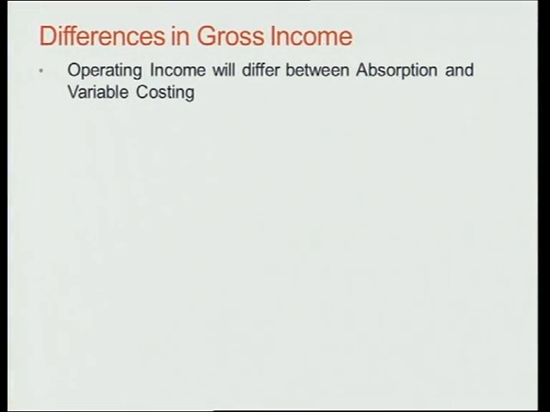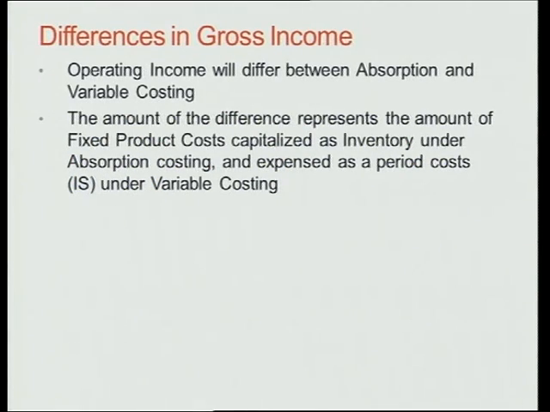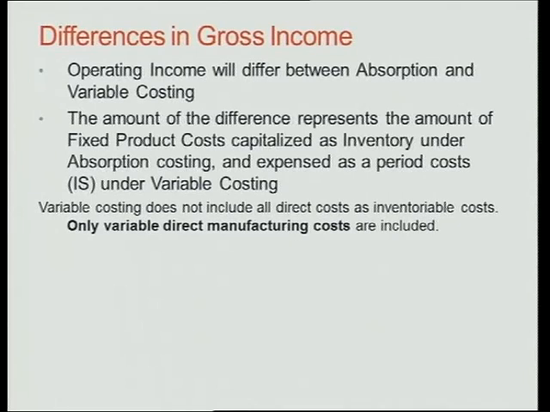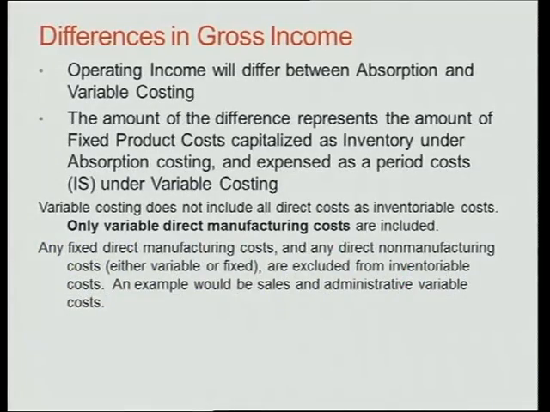What's the difference going to be? Operating income will differ between absorption and variable costing. The amount of the difference represents the amount of fixed product costs capitalized as inventory under absorption costing and expensed as a period cost under variable costing. Variable costing does not include all direct costs as inventoriable costs. Only variable direct manufacturing costs are included. So automatically, that would mean that any marketing or administrative variable cost is not included as inventoriable. In other words, your pieces of stock cannot take in